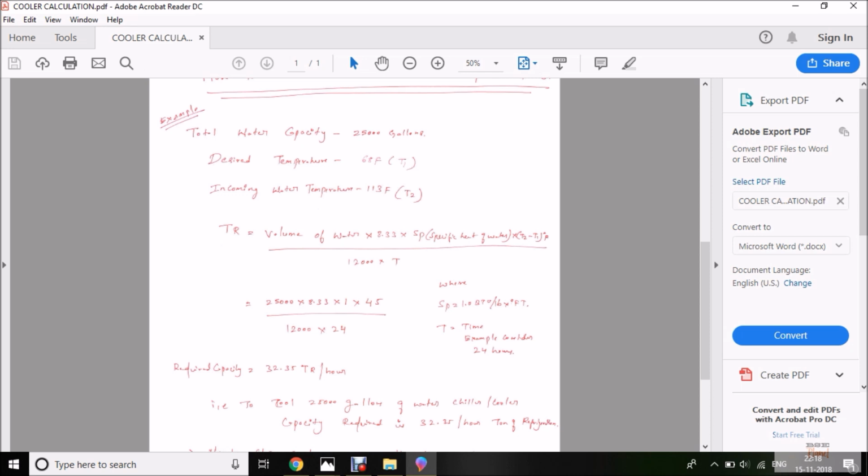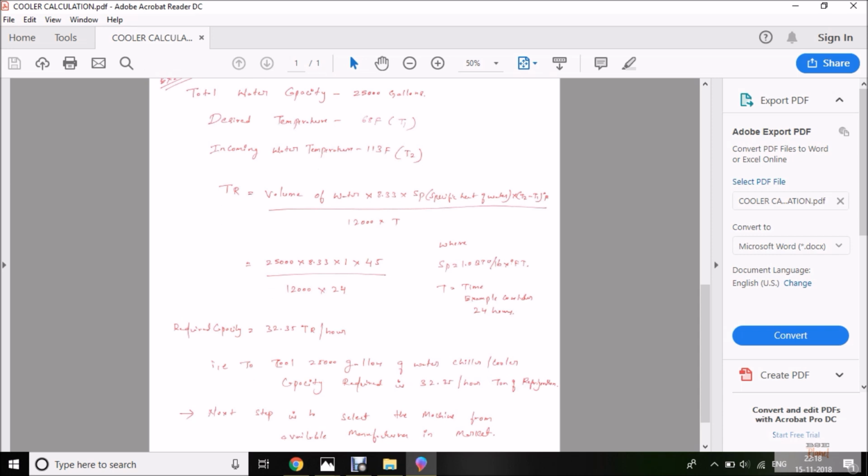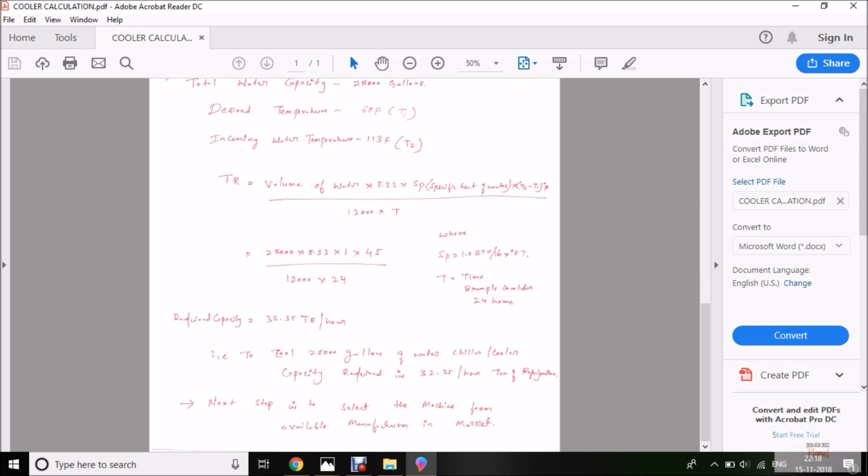It's up to you; you can consider 8 hours, 16 hours, or 5 hours. The longer the duration, the less the electricity consumption, and the shorter the duration, the more the power consumption. I suggest you take the longer duration, because it is only the initial time that gets the water heated up, over 24 hours. Later on, if there is a 1 or 2 degree temperature drop in the water, the heat pump starts automatically, so it runs for a very short span of time. So I suggest you do it for a 24 hour duration.